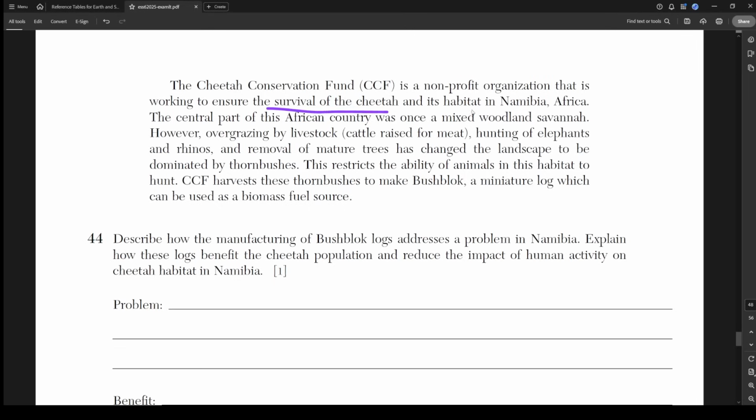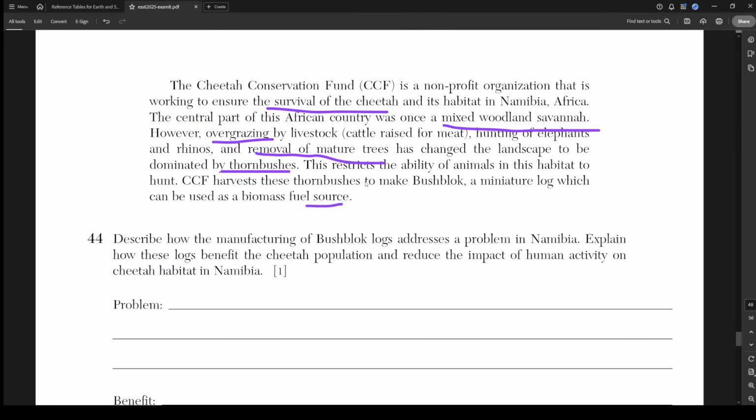the cheetah, okay, and its habitat. Okay, the central part of this African country was once a mixed woodland savanna. However, overgrazing by livestock, being cattle raised for meat, hunting of the elephants and rhinos, and removal of trees has changed the landscape to be dominated by thorn bushes. This restricts the ability of animals to hunt. CCF harvests these thorn bushes to make bush block, a miniature log which can be used as a biomass fuel